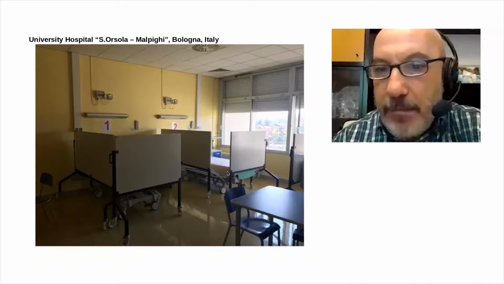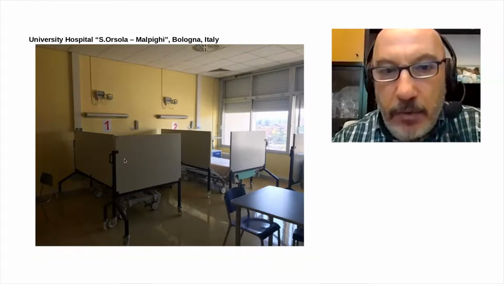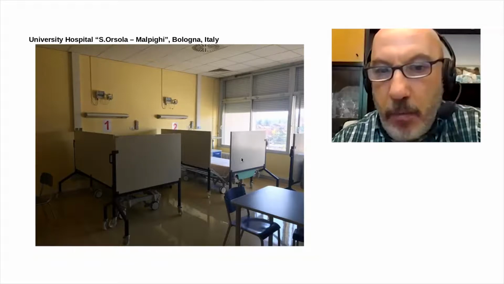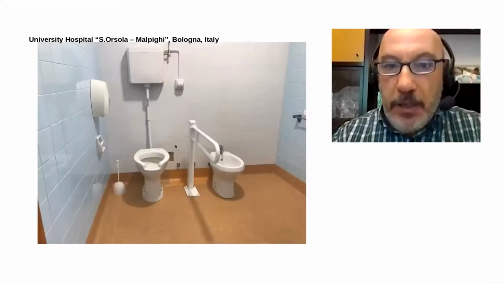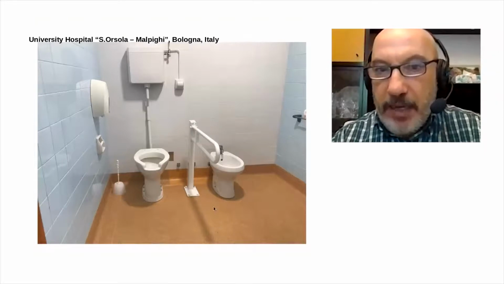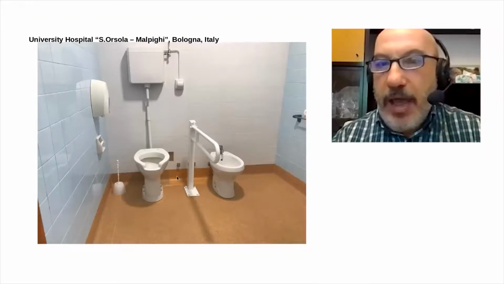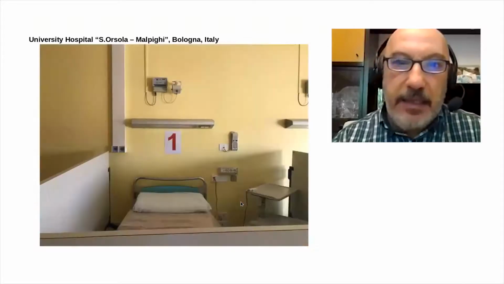The bed, after the mattress, has a shielding of 1 centimeter lead, and also around the bed there are these movable panels with shielding that allow, let's say, to personalize the shielding around the patient. This is the toilet. It is in normal material. The floor is contaminable. And we have, in this case, due to our national regulation, a decay tanks system.